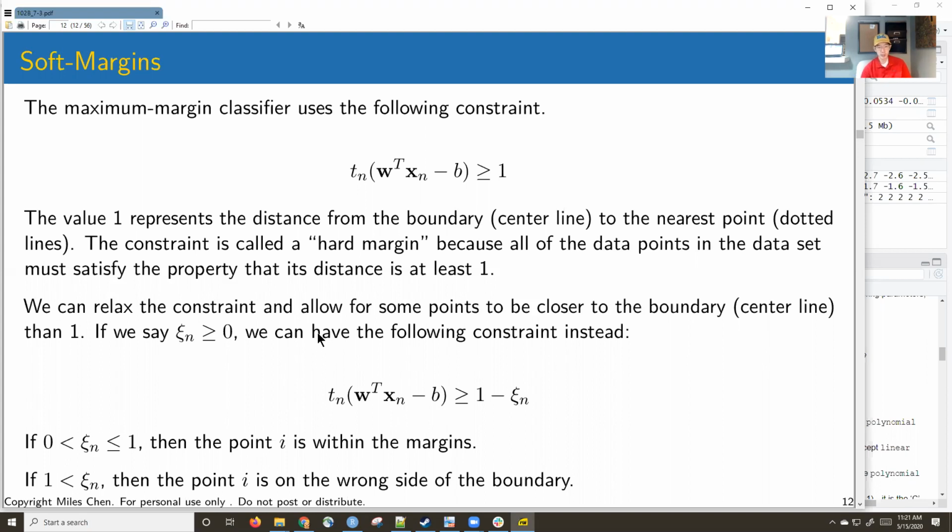You can create something called a soft margin that says, you know what, let's get a boundary, and it's okay if some of the points end up inside of the margin. It's even okay if some of the points end up on the wrong side of the margin, okay? So rather than saying all the distances, basically the distance from the point to the boundary, have to be greater than 1, we're going to say, you know, we can allow points inside